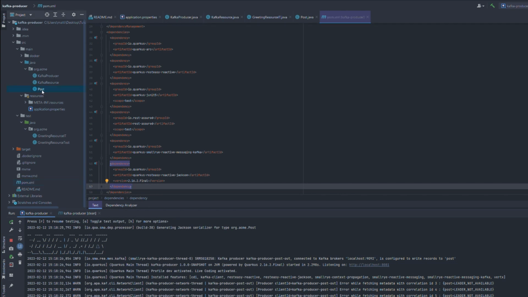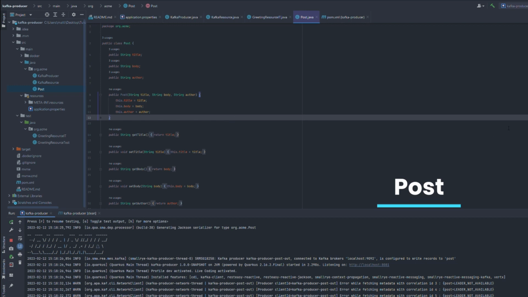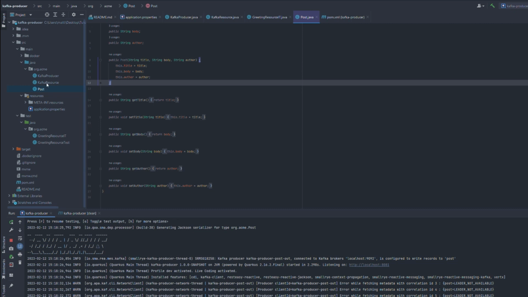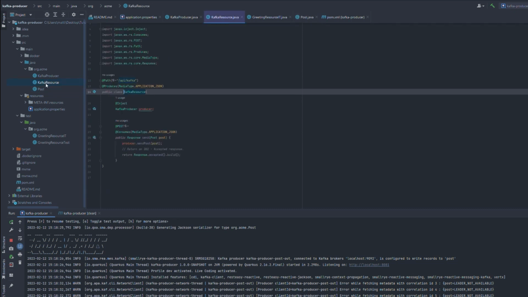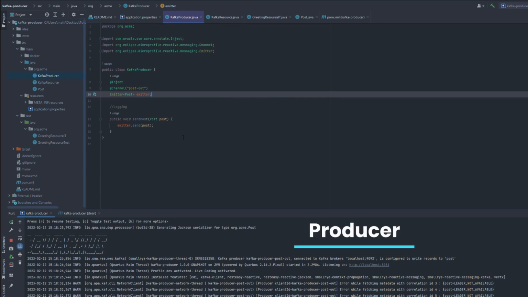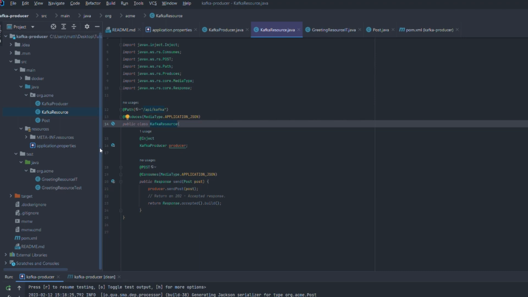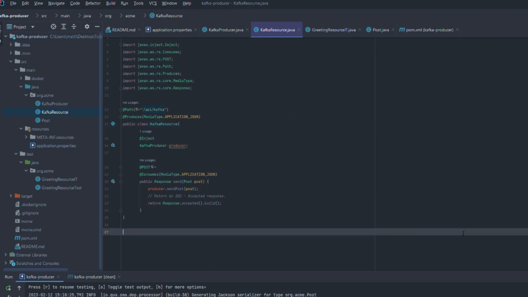So here we have the actual class that I haven't shown yet, and it's just a plain old Post class. You can put anything into it. It really won't make a difference. And here is the API. And we should probably show the Kafka producer first. It just has post-out instead of post-in, the emitter with the Post object inside it, and a sendPost where you put where the post comes in. And then you use the method inside this API,